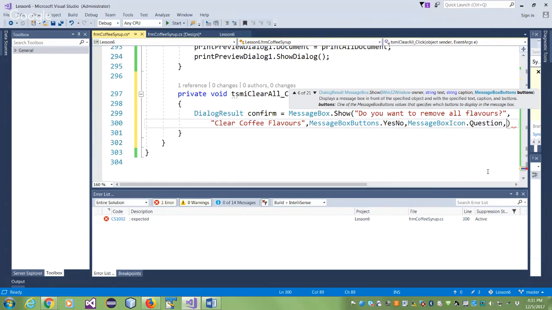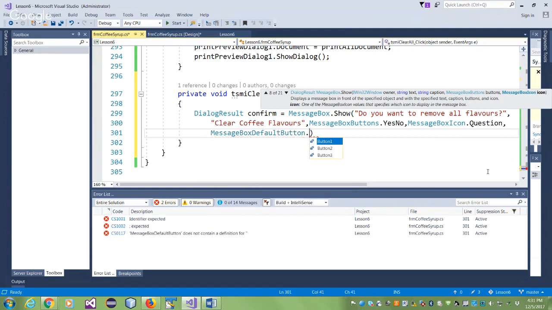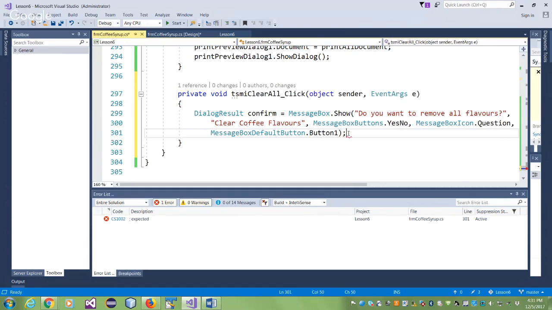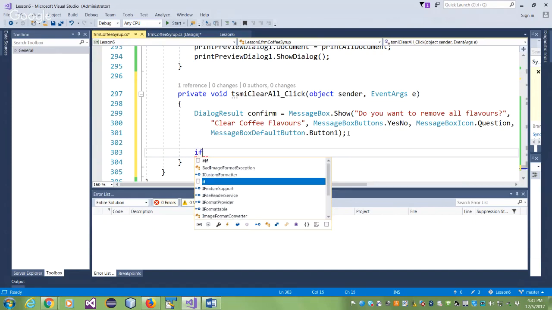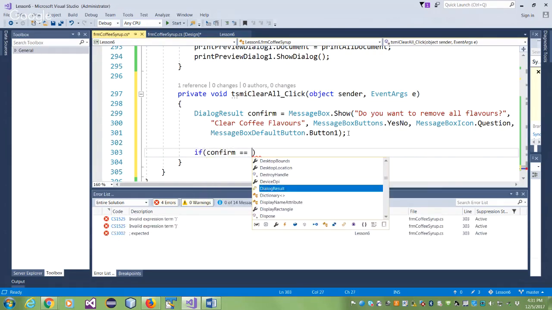There it is. And if you want to make one of them your default button, now button 1 and button 2, you have two of them. Yes is button 1 and no is button 2. So you can choose whatever you like. Default doesn't mean that it will happen. It's just highlighted here. So before you clear, ask the user. If the user says yes, if the value of confirm is yes,